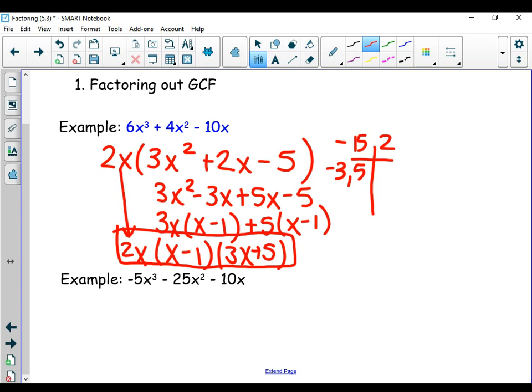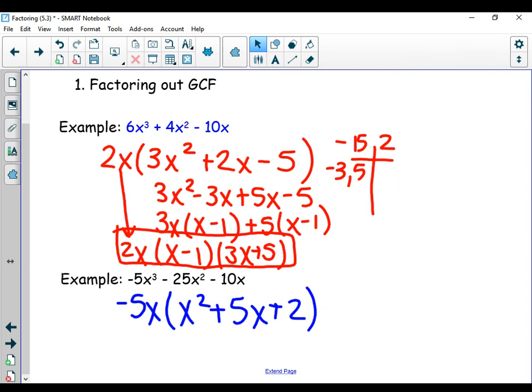A lot of these are review, but we're now in polynomials, so that's why I'm making sure we go over them. What can we factor out of the next one? Anytime you can take out a negative, go for it. It's going to make your life so much easier if you don't have to deal with that. Can I take that one any further? No. But y'all on a test would make it happen somehow.